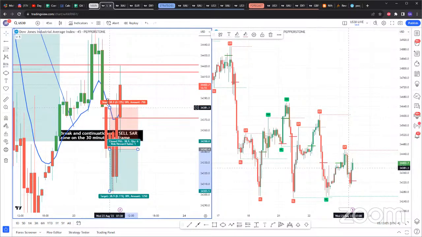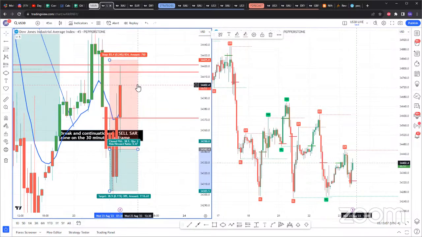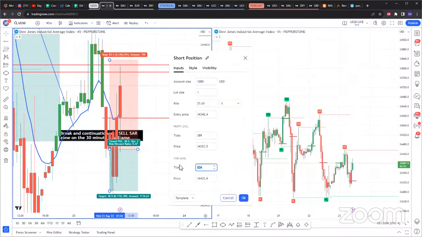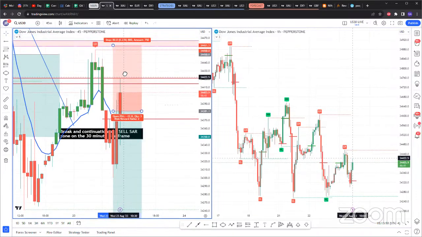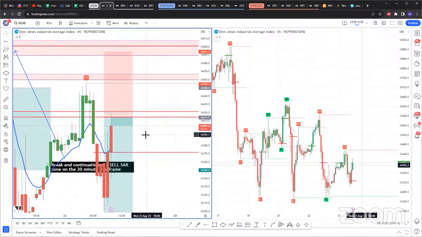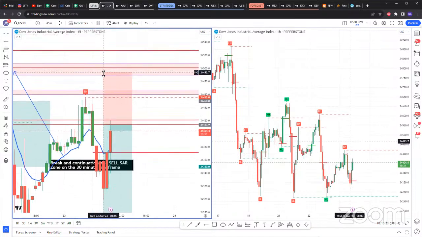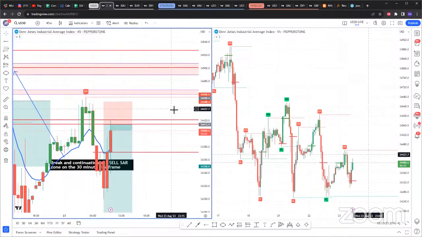Even for me, I would not enter on impulse there. If I enter on impulse for a 1:2, that's roughly an 80 pip stop and 160 pips TP, and you can see I would be in drawdown. So ideally, wait for that retest right there on the 45 minute. Same thing right here. The entry is valid right now.